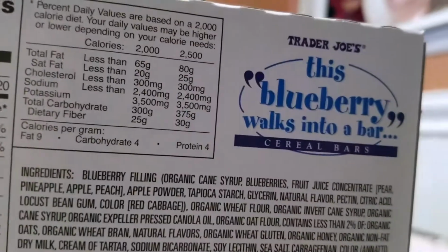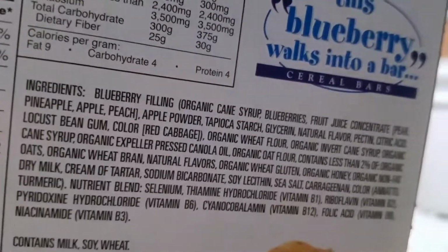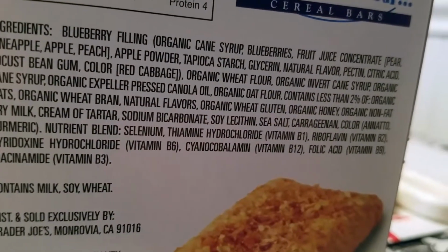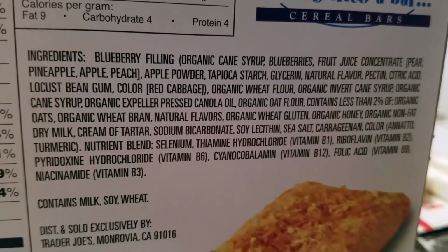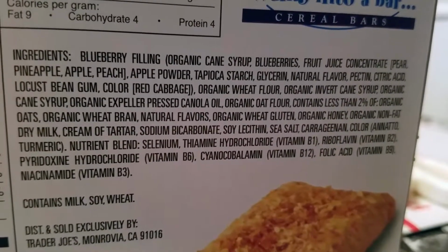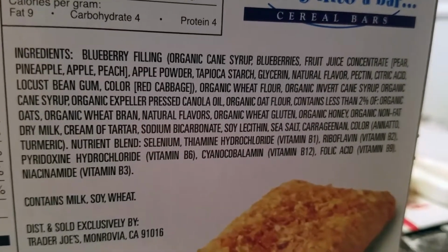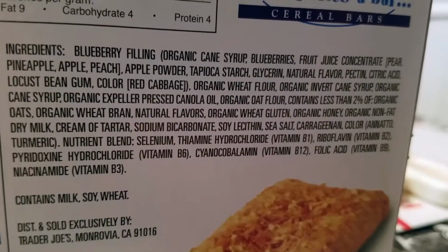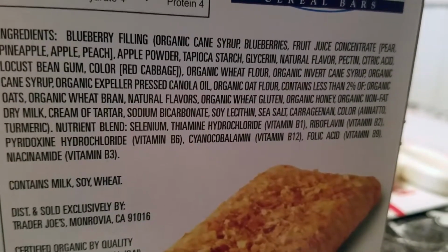We have here the ingredients: blueberry filling, organic cane syrup, blueberries, fruit juice concentrate (pear, pineapple, apple, peach), apple powder, tapioca starch, glycerin, natural flavor, pectin, citric acid, locust bean gum, color (red cabbage), organic wheat flour, organic invert cane syrup, organic cane syrup, organic expeller pressed canola oil, organic oat flour, contains less than 2% of organic oats, organic wheat bran, natural flavors, organic wheat gluten, organic honey, organic non-fat dry milk, cream of tartar, sodium bicarbonate, soy lecithin,